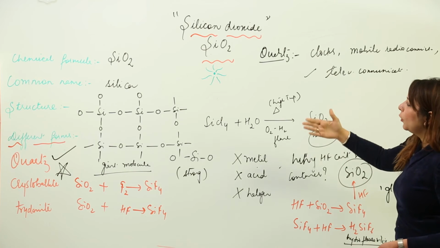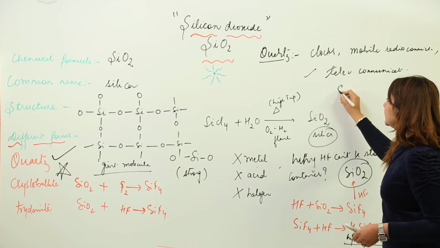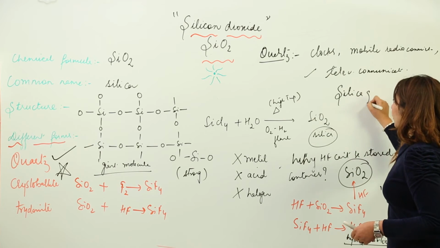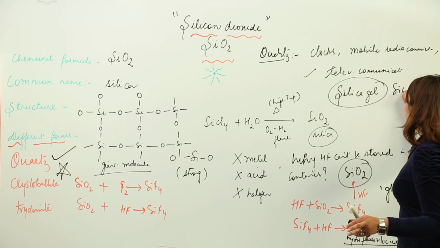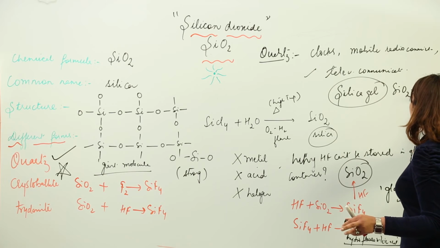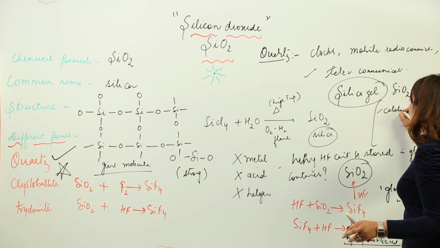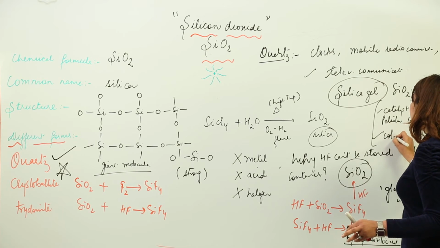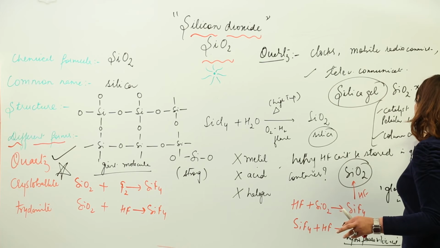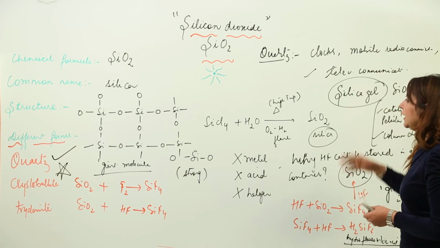This is where the form quartz is being used, and you know that the amorphous form of silica is the silica gel. We have already discussed that silica gel is SiO2.XH2O, and it is used as a catalyst in the petroleum industry, and moreover it is used in column chromatography also. So this is the important use of the amorphous form of silica, that is the silica gel.